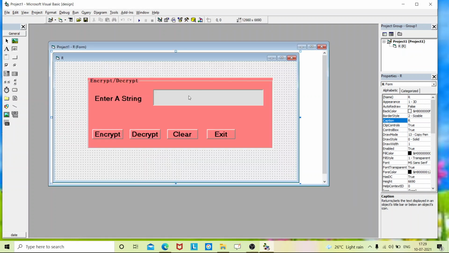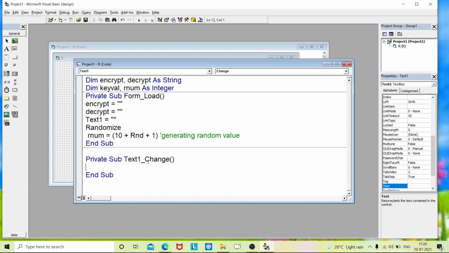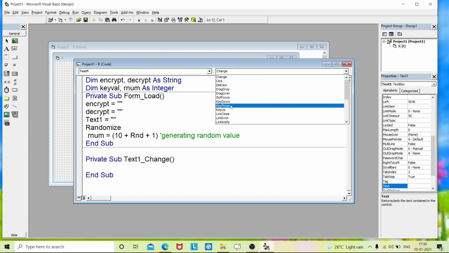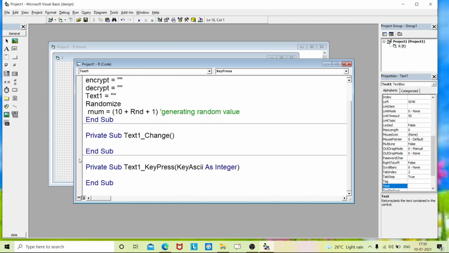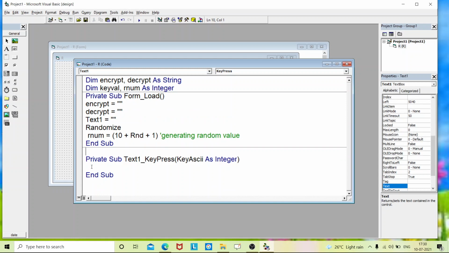Now go out and double click on this text box. You will get the Change event procedure. Change it using the drop-down option and select KeyPress, so you get one more procedure. Here we need to specify some conditions.